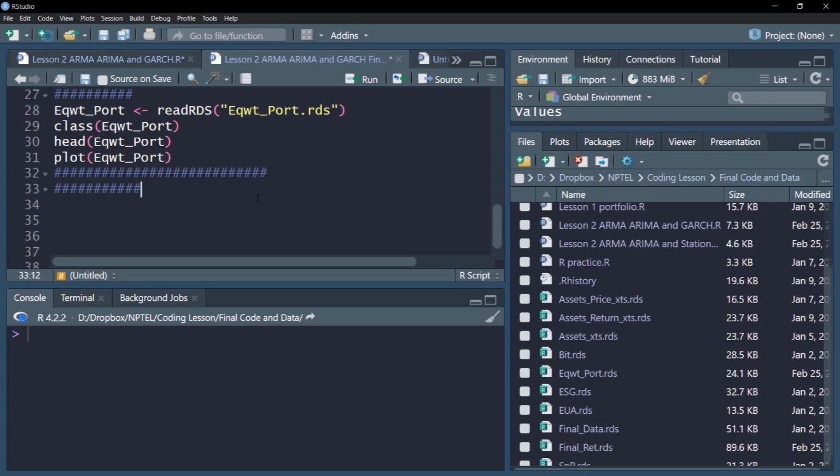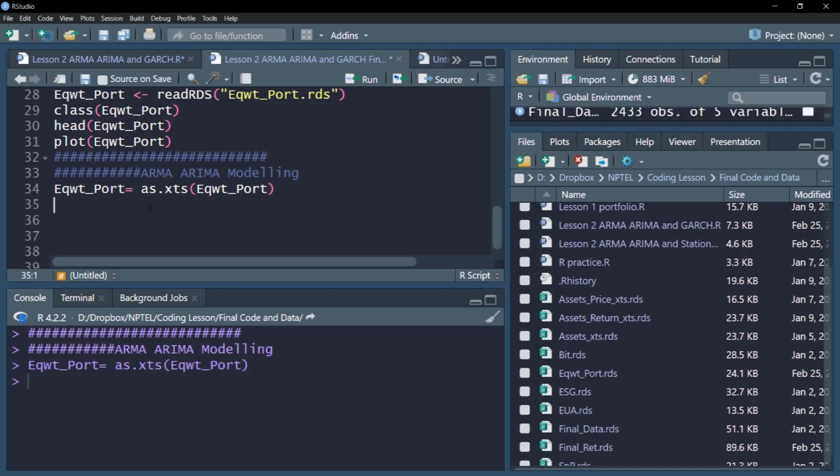So we'll start with the ARIMA modeling. First, we'll convert our time series object into extensible time series by using this as.xts command. This has very nice and desirable properties, and that's why we installed this XTS library.